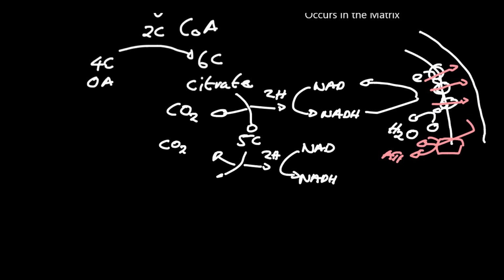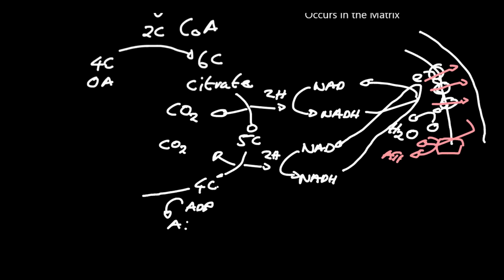Again, the purpose of the NADH is to carry the electrons to the electron transport chain to recycle, regenerate the NAD. Produce a 4 carbon compound. That then produces an ATP directly through substrate level phosphorylation. So the ATP is produced directly, where there is 1 produced per turn of the Krebs cycle,